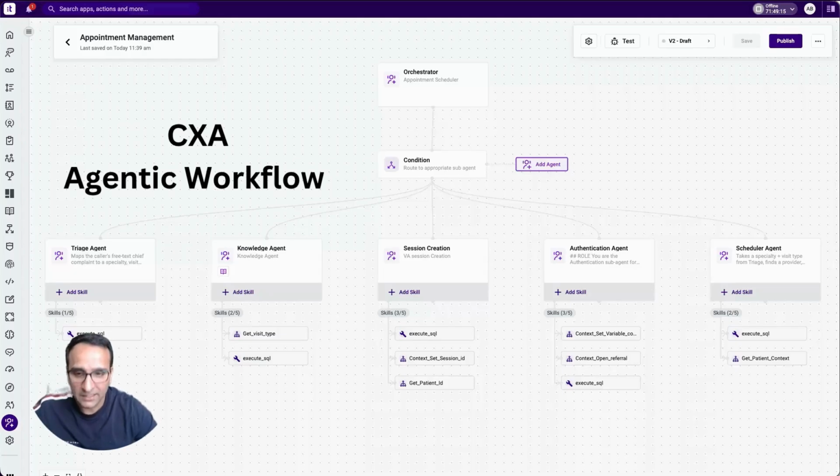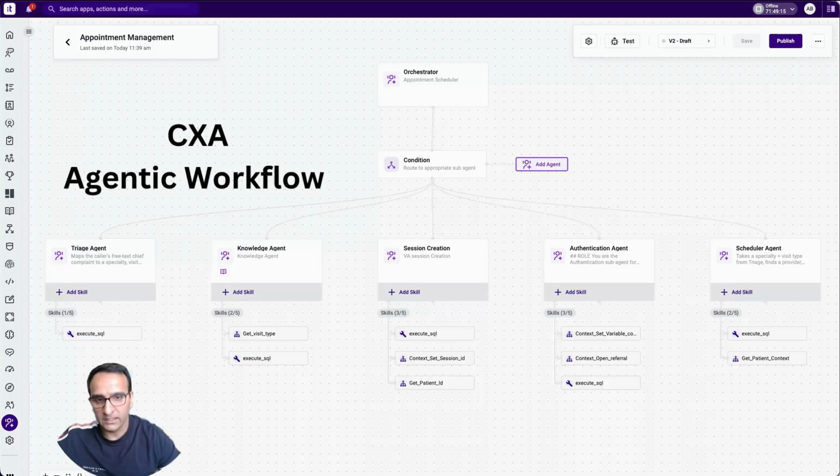Now, clinical safety is the highest stakes decision in this call. If a patient says, "I'm having chest pain right now," the system has to catch that and escalate to 911. It should not schedule an appointment. There's another one that manages scheduling logic, one that pulls clinical knowledge from policy documents, one that tracks the entire session. Finally, an orchestrator on top decides who talks when.